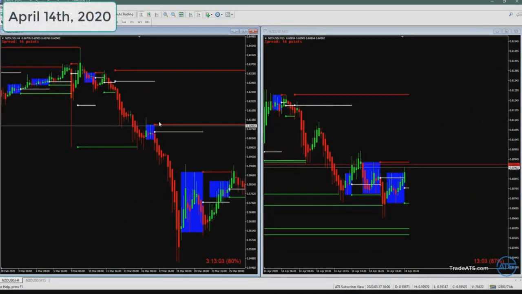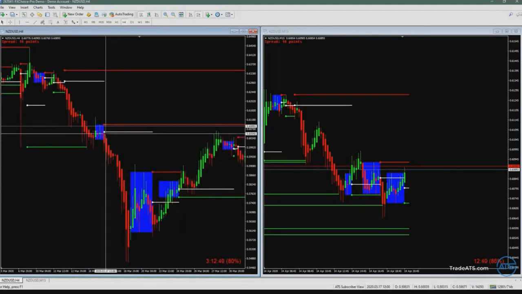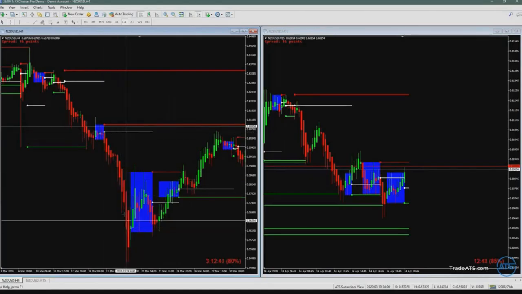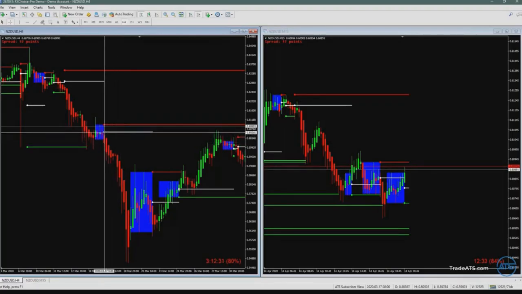One thing that I wanted to talk about here, based on some of the emails that we get in, is breakouts. When price just breaks straight out of the box, I wanted to talk about that for a second, because I know a lot of people get frustrated when they see stuff like this, when it just pushes long or short straight out of the box. Two things I wanted to address. The first one is that typically when you see a breakout happen where it pushes straight out of the box and doesn't come back to test the expansion line,